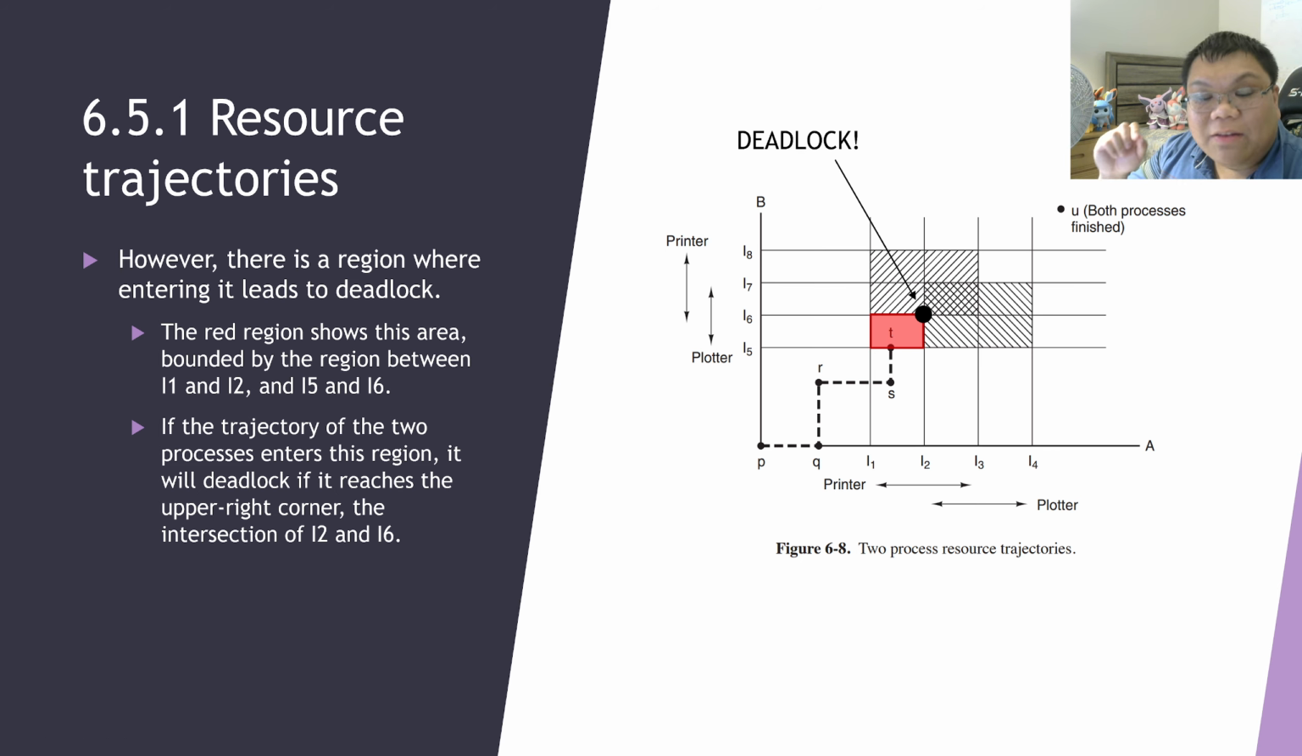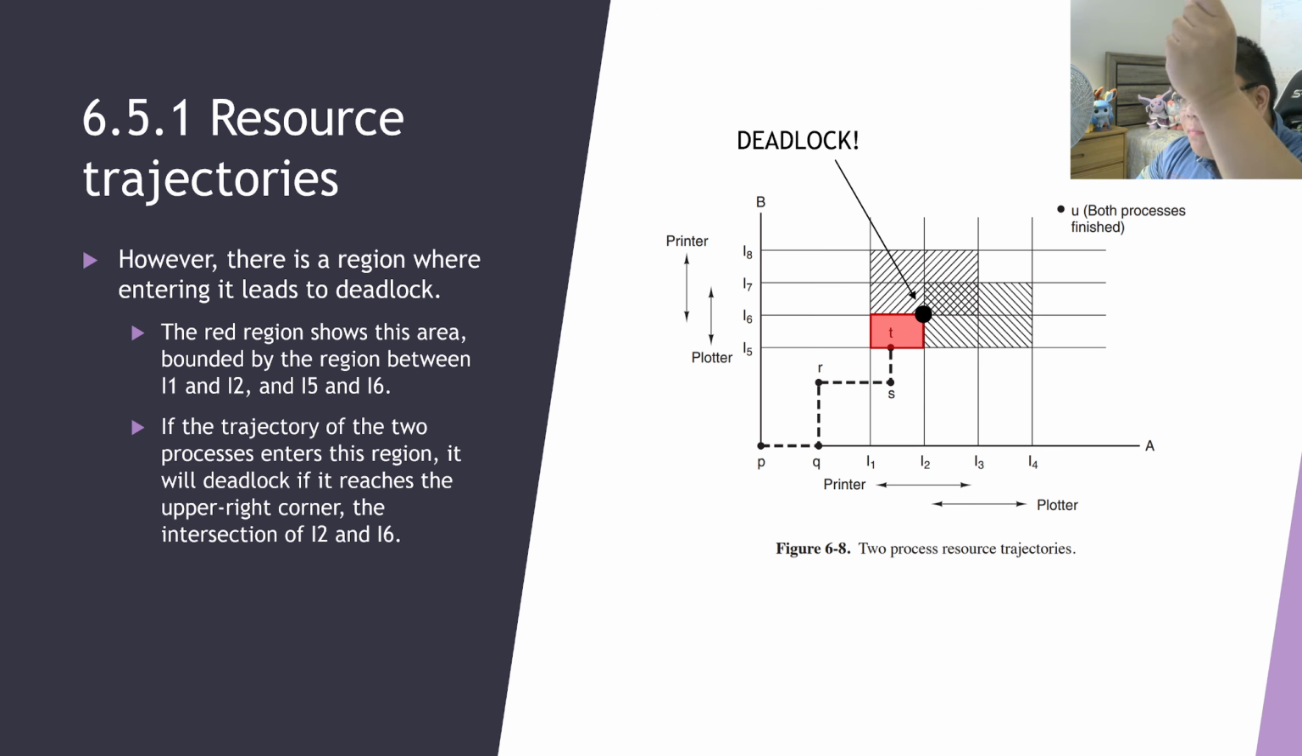So what does this mean for resource allocation? Well, suppose we're at point T right now. That means process A is using the printer. Process B has not used any resource yet. If we keep going to the right, that means process A, which has the printer, is gonna next get the plotter. If we move up, that means process B is gonna get the plotter,